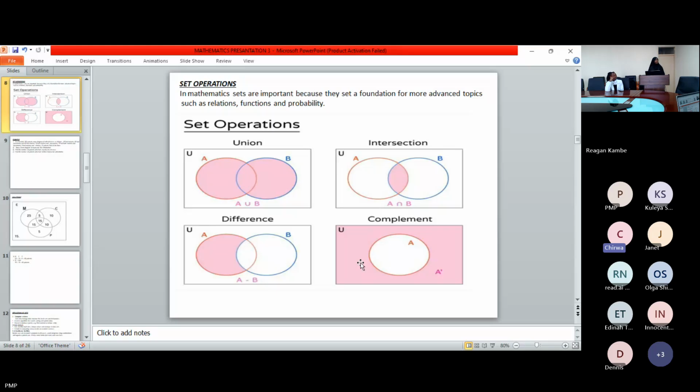Otherwise, job well done. Same applies to the stem and leaf. Before I could follow what was happening, the presenter had moved forward. What conclusion do we get from the stem and leaf? The only thing I saw is that you put the first numbers, the higher numbers, as part of the stem, then the lower number is part of the leaf. What we do with that information, I didn't get. I don't know whether we are supposed to relate it to the quartile calculations or what. Kindly shed more light on the stem and leaf.